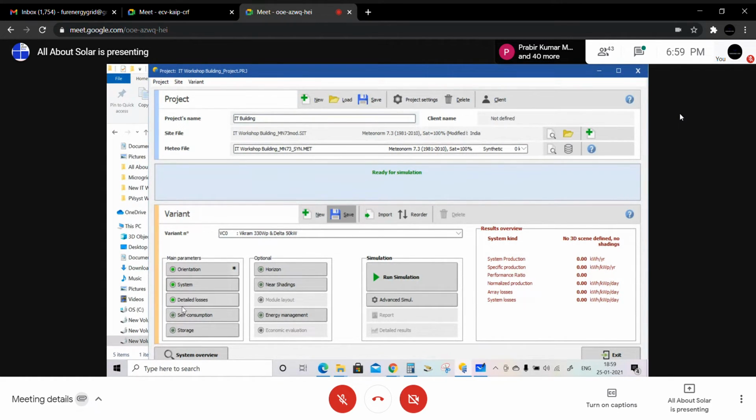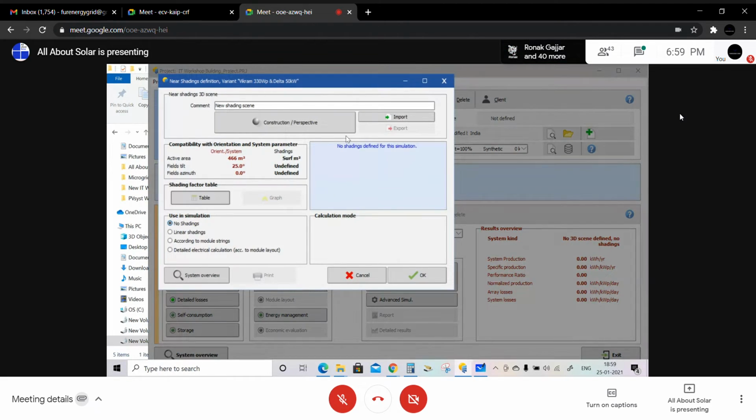Now, after detailed losses, there are certain options: self-consumption and storage. These options are required only if there is any storage system available. When you are talking about grid tie, generally we don't have any storage available, so I'm just leaving it here. And horizon and near shading are some pro level options, which I won't be able to discuss here,